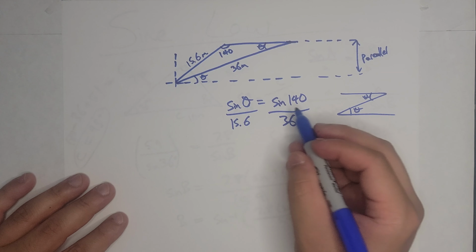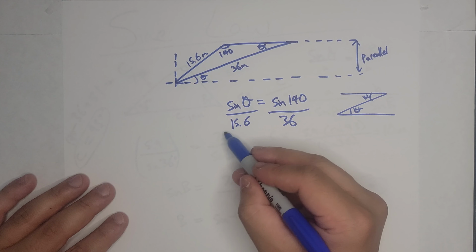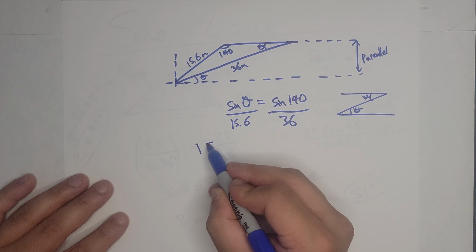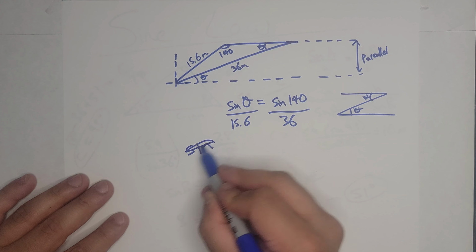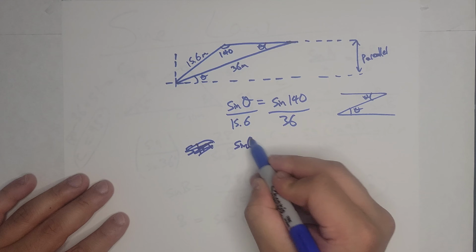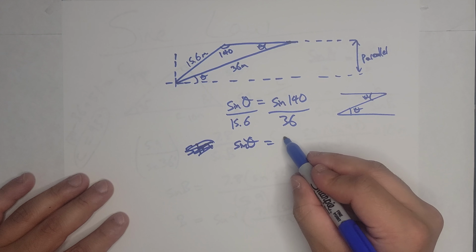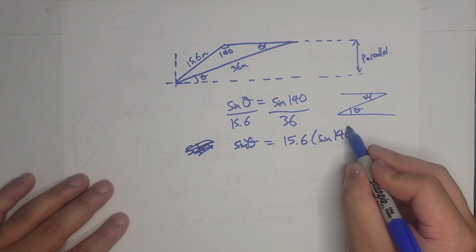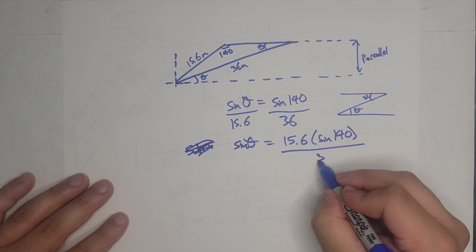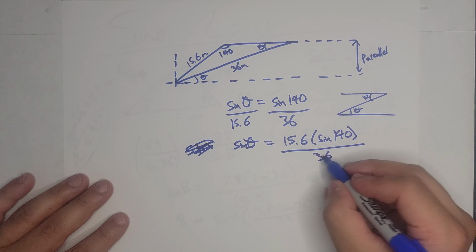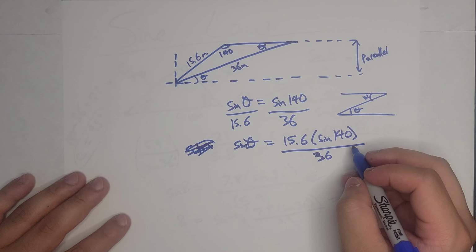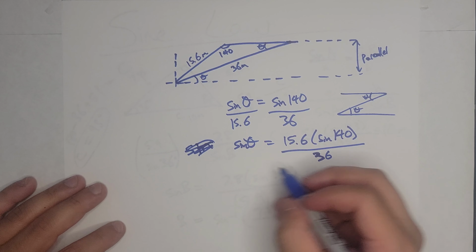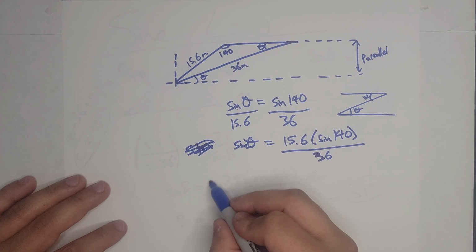So if I multiply both sides by the 15.6, this will cancel out and I'm left with sine theta equals 15.6 times sine 140 over 36. And if I start punching this into the calculator and take its inverse theta,